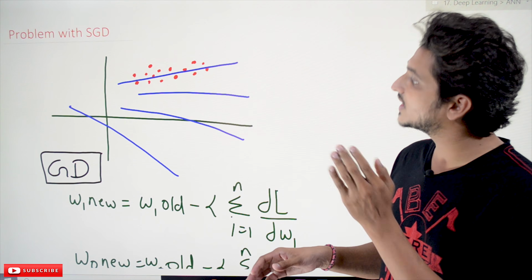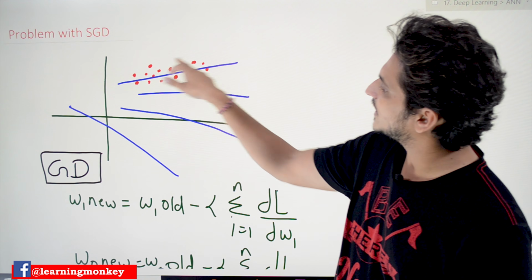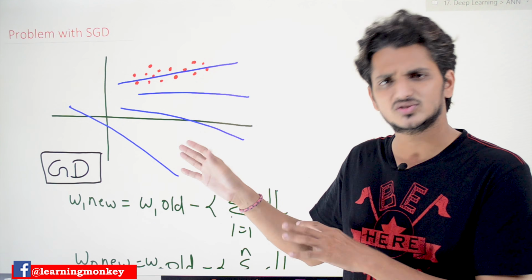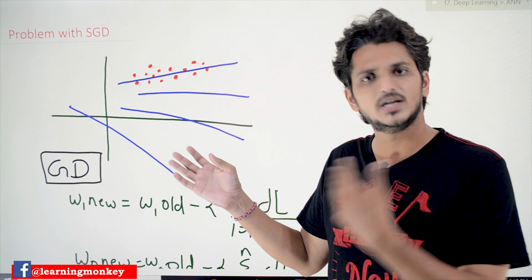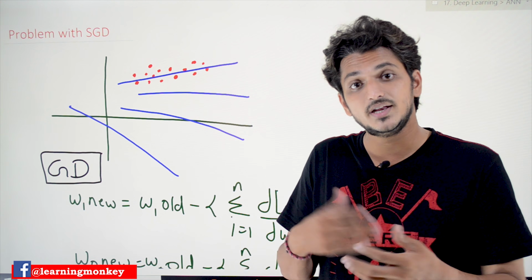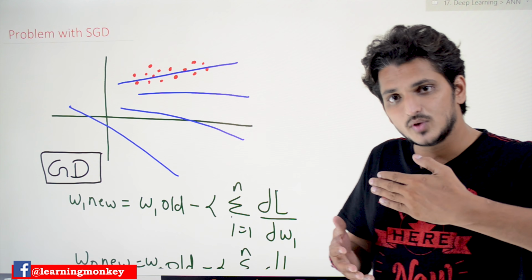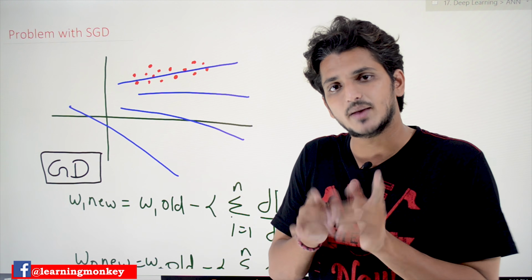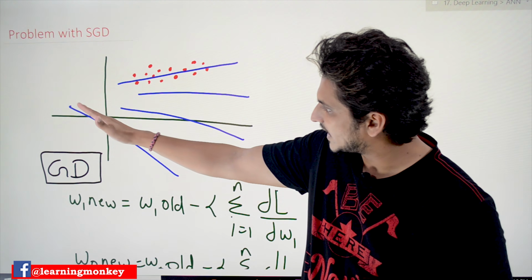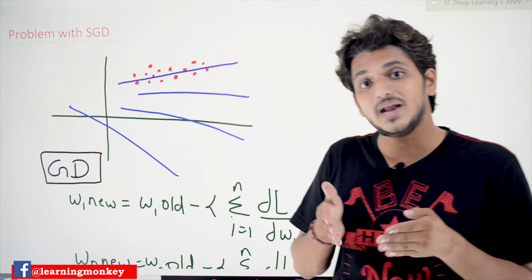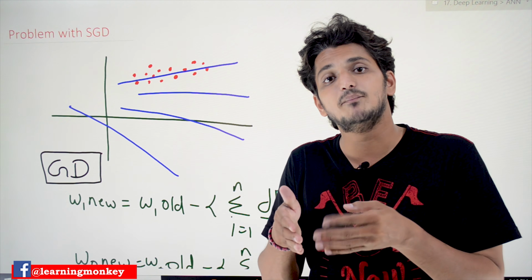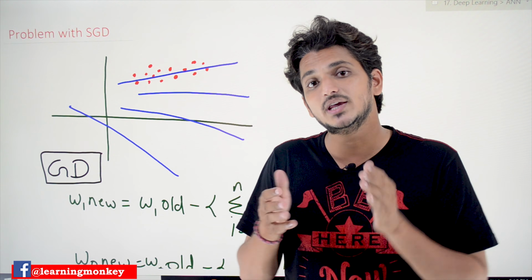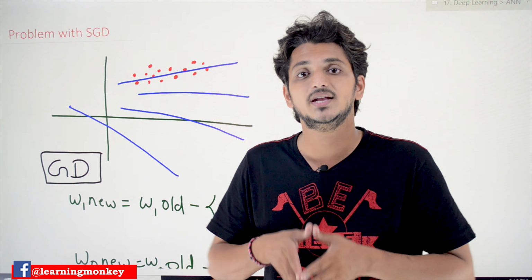We are using a simple linear regression example. This is our data points. What we do in our linear regression model, and you can extend this concept to any model, not only linear regression or multiple regression, is initially randomly select some weights. The weights are W1 and W0, the values in our equation of the line. So we randomly select this line and keep updating the weights till we get the minimum loss. That means we have a loss function and we update our weights till we get the minimum loss. That is what we are doing in the linear regression model.